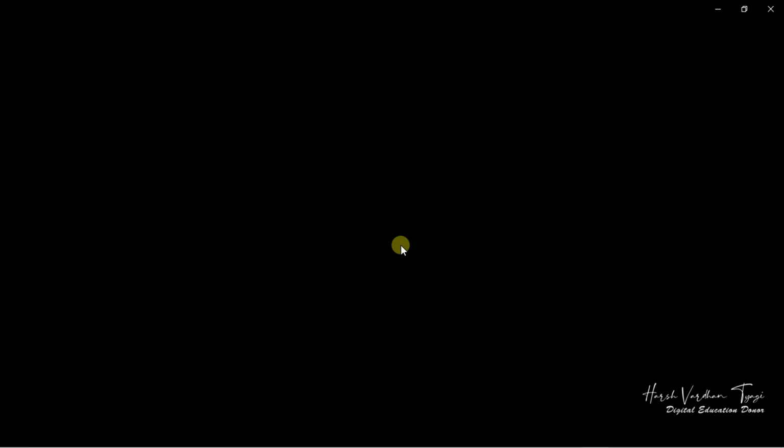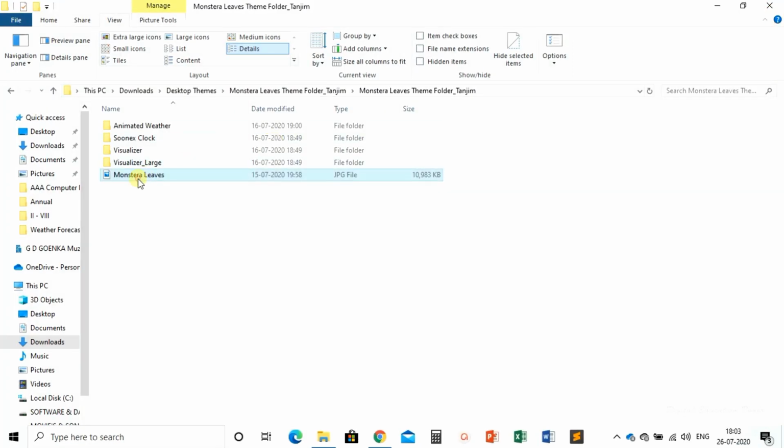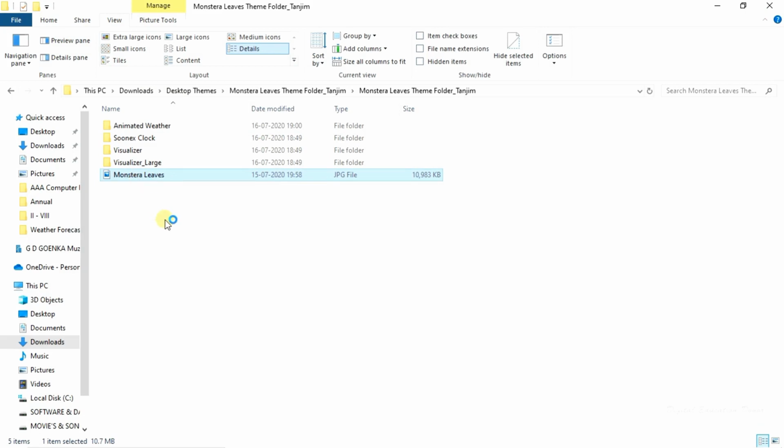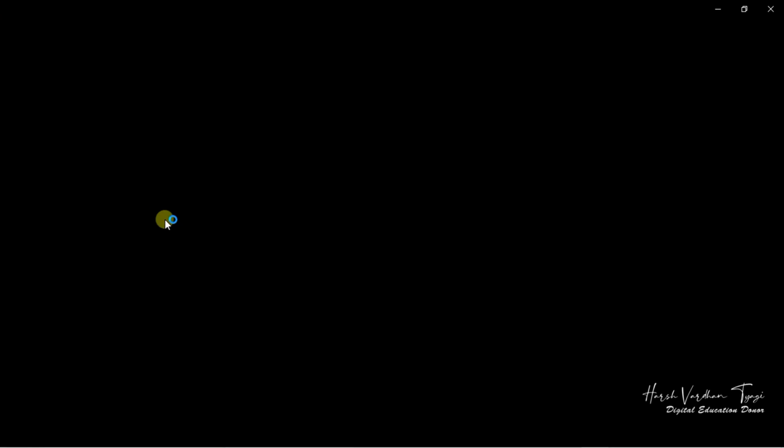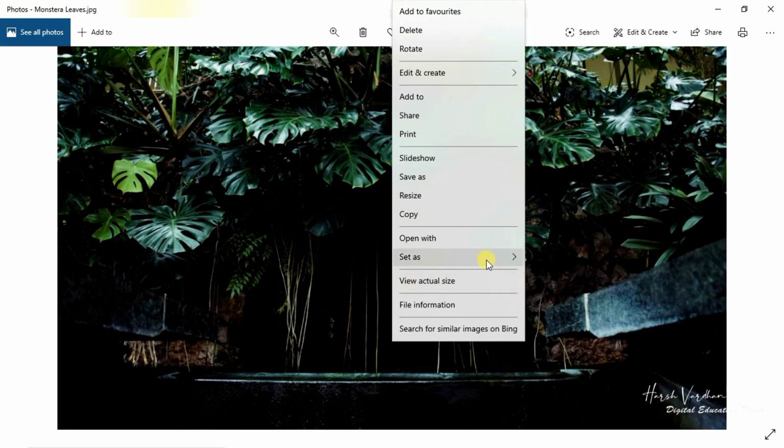It is taking some time to load as these images and skins are large. Once the image loads, right click here and set it as a background.